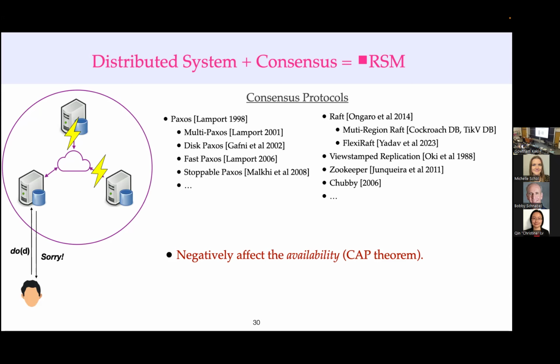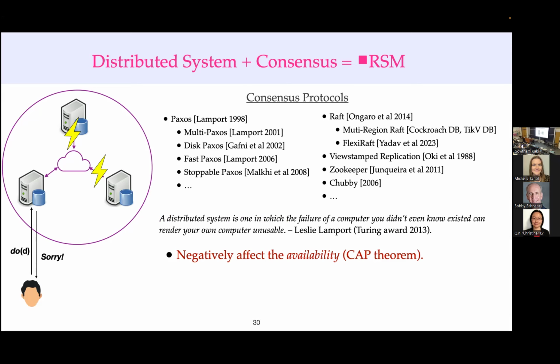So it is impossible to have consensus in this world unless the network partition heals and you have the machines back, right? So this is what Lamport meant when he said that a distributed system is one in which a failure of a computer you didn't even know existed can render your own computer unusable, right? So here Bob's computer is actually still working, but he still can't use it because the other systems are not